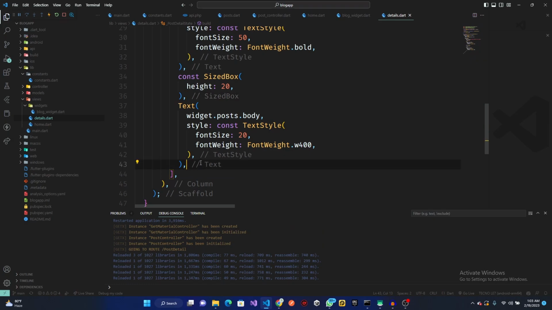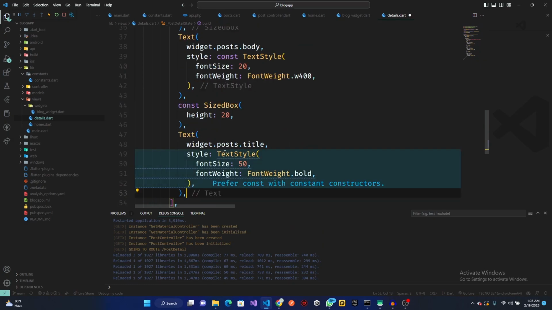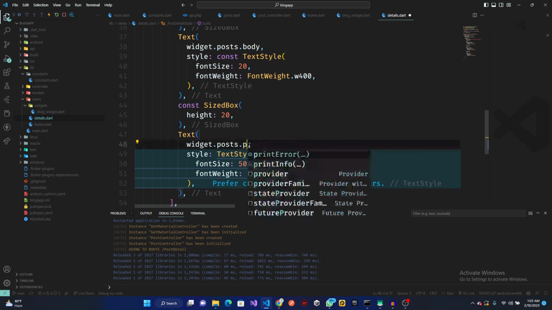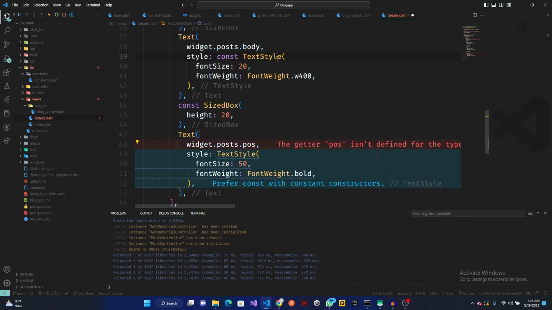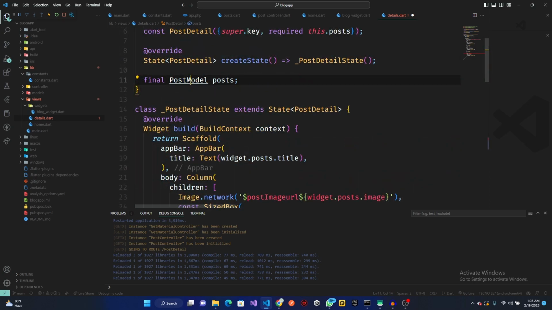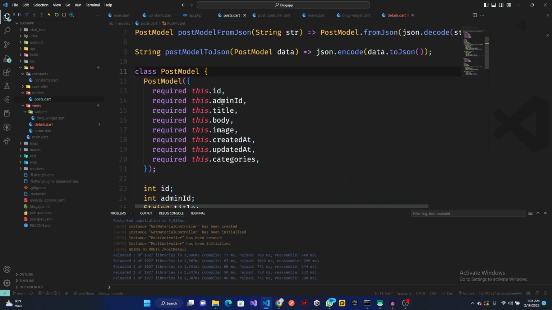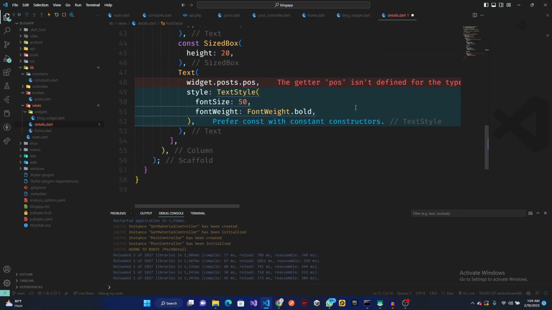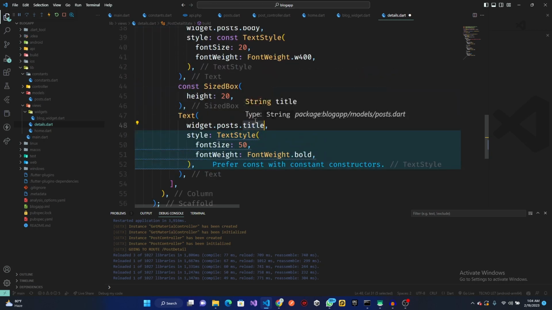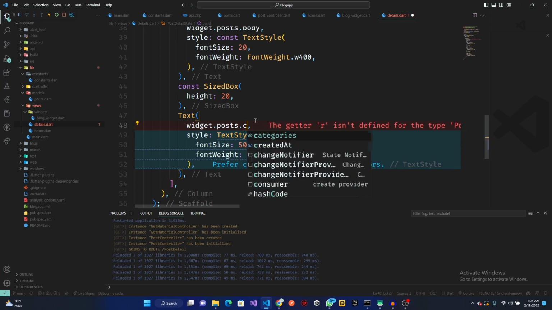And let's take a look at if we added something. I want to see if I added something in the API, which is posted by, or do I have posted by? Okay, trying to check the model. Okay, this is by admin ID. So this admin ID here, initially we have to change to the admin name, so we are going to do that later in the video. Maybe a feature in the future we're going to do that. Yeah, we can just have created at